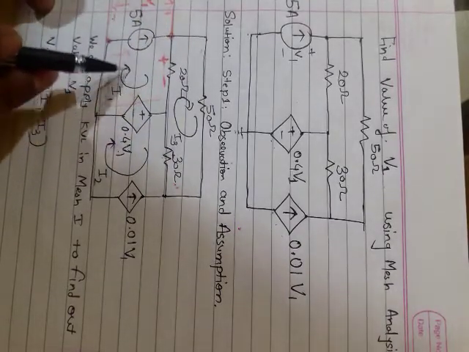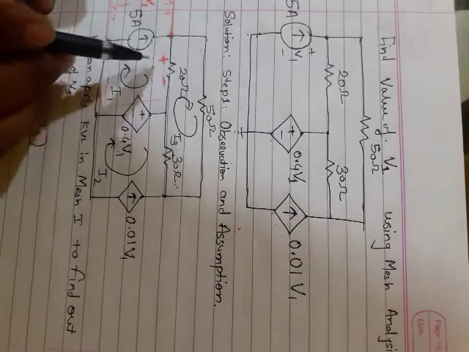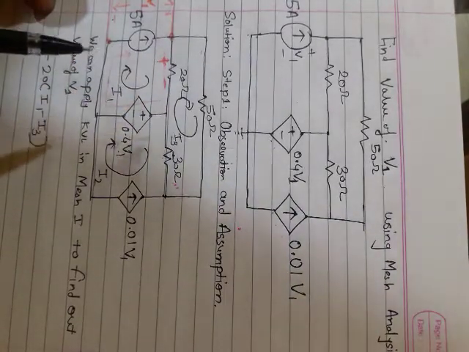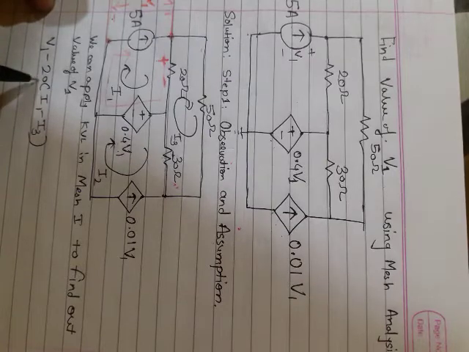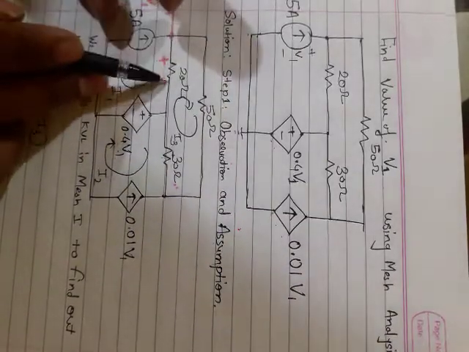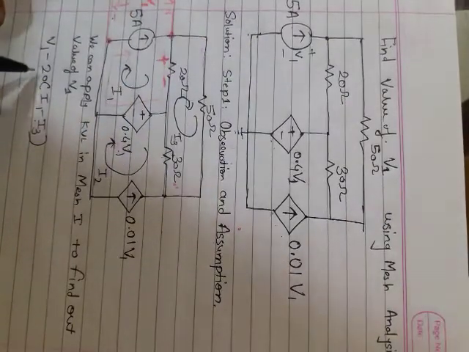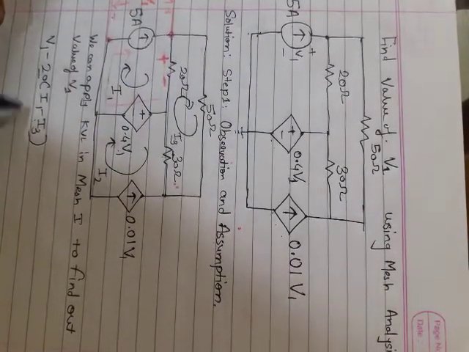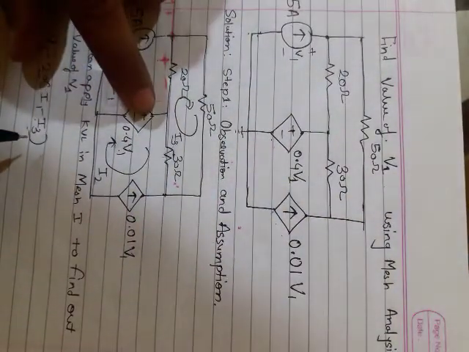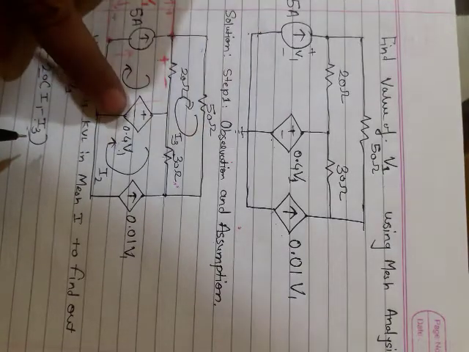But since we are considering mesh 1, we have to consider these polarities because of current I1. So that's why I am writing minus 20 into I1 minus I3. This is the difference of the currents flowing through this 20 ohm, and by Ohm's law resistor into current is voltage. So I am taking this voltage drop across 20 ohm, and then again from positive to negative,